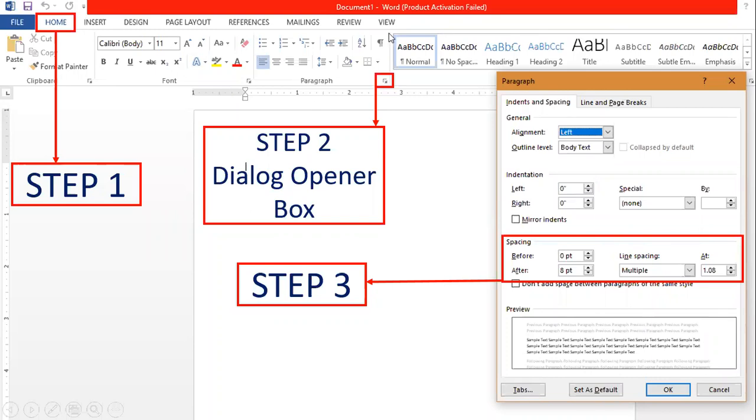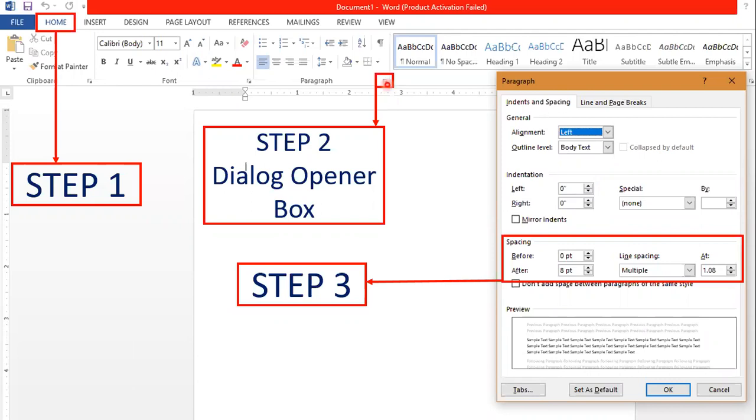From this line to this line, this is the Paragraph group, and here is the dialog box opener for the Paragraph group. So you need to click on this one.